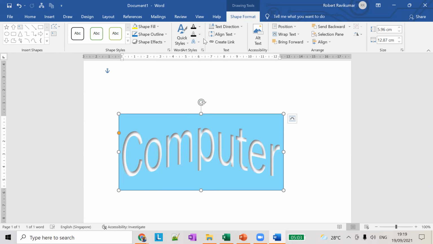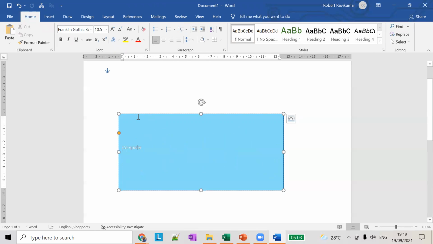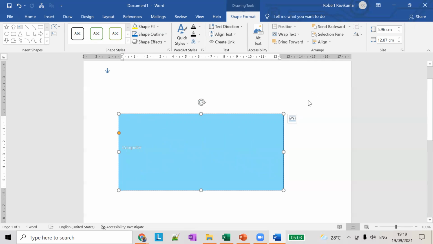Let's learn about what we have. Do you have this shape style, or not this also? This one cannot get. On the left side, only insert shape can get. Okay, let's learn about those things alone then.